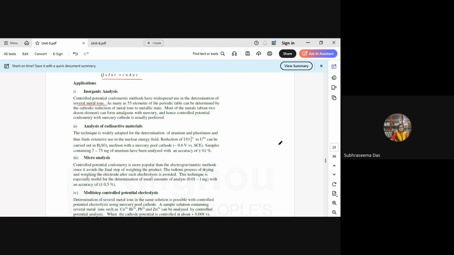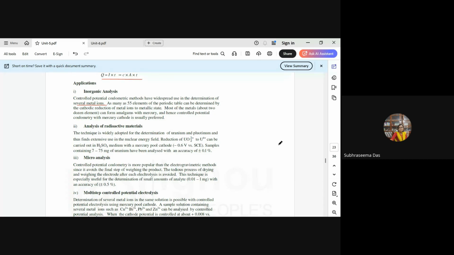As many as 55 elements of the periodic table can be determined by this cathodic reduction. It is also used in analysis of radioactive metals. This technique is also widely reported for the deposition of uranium and plutonium, and it finds extensive use in the